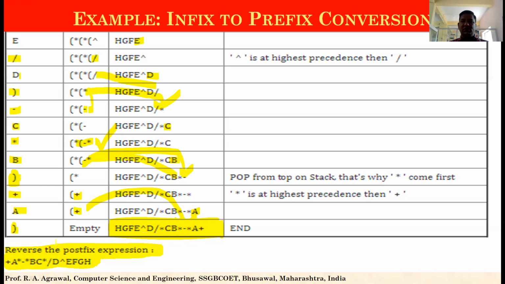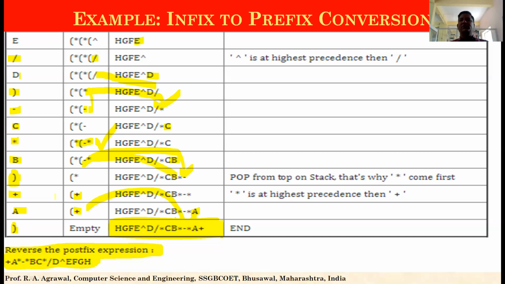So if we summarize infix to prefix conversion, what are the steps? First, reverse the order of the infix expression and convert every opening bracket to a closing bracket and every closing bracket to an opening bracket. Then, in step number 3, apply the infix to postfix conversion algorithm and get an answer. Whatever answer is obtained by infix to postfix conversion, just reverse that answer, and that is your infix to prefix conversion, and the answer which you will get is your required prefix form.